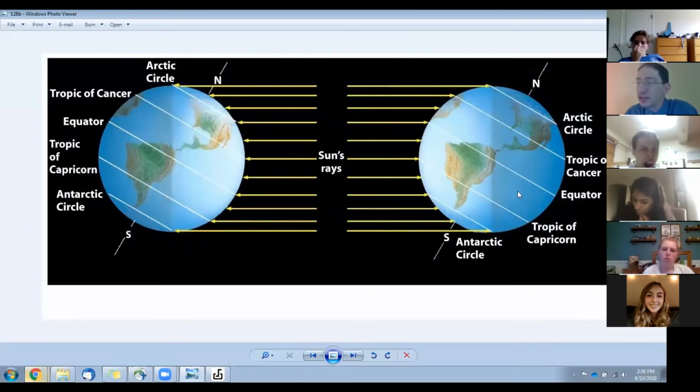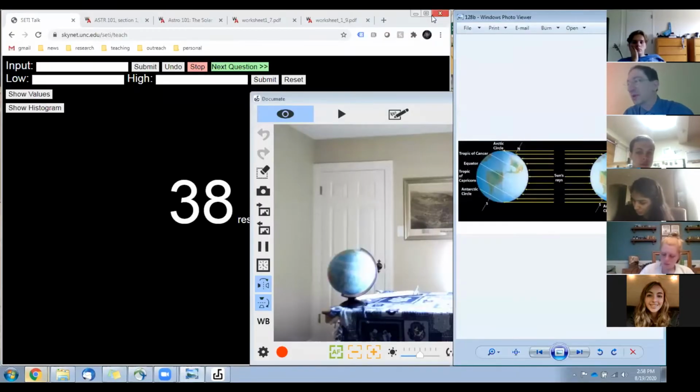So this contributes to the heating as well. We've had two effects: directness, the concentration, how much energy per unit area, and now the duration, how long you receive that energy. Both of those impact the temperature of the planet and how it changes with time and latitude. And if you're in the lab course, Lab 2, we dive into this in some detail, so you're going to see it again. Questions about either of those?